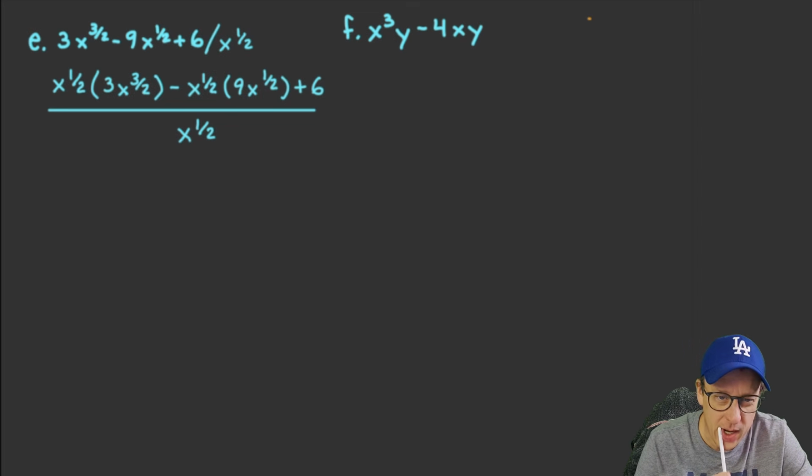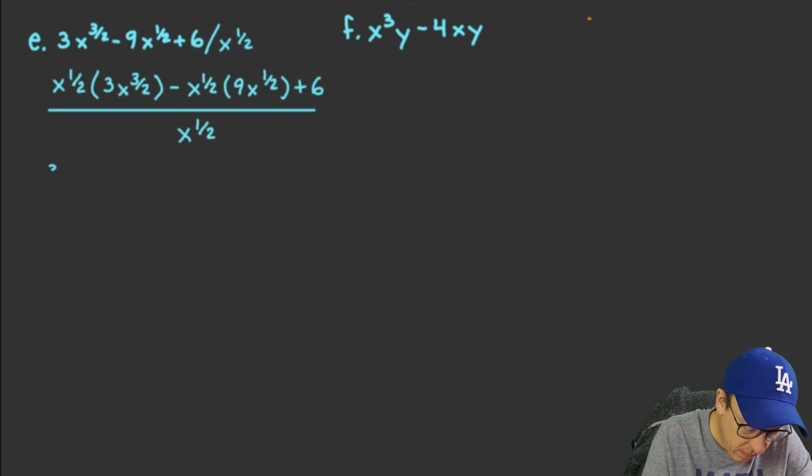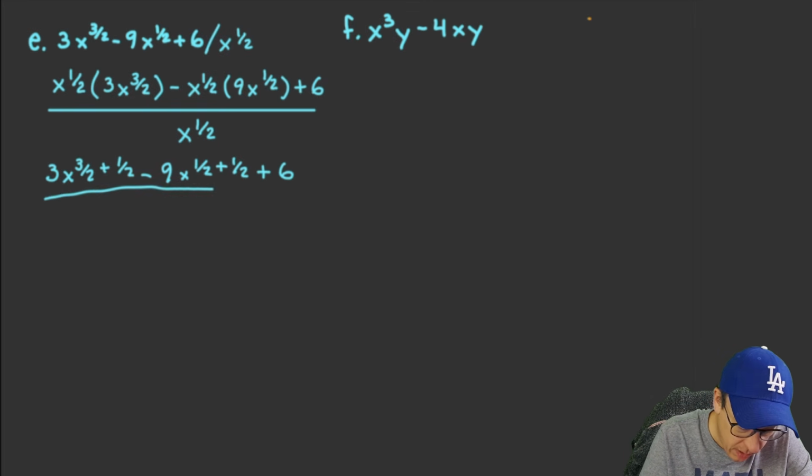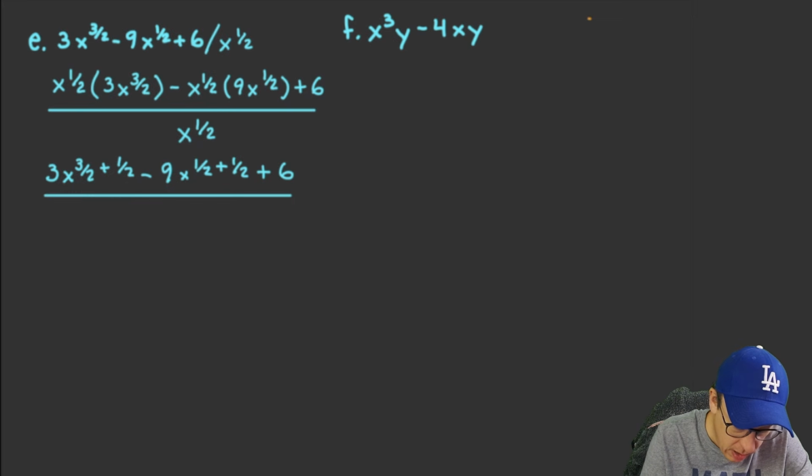So this will end up being 3x^(3/2 + 1/2) minus, and I'm just doing this a long way just so you can see a little bit better what I'm doing, 9x^(1/2 + 1/2) plus 6, and again put this right here, x^(1/2),